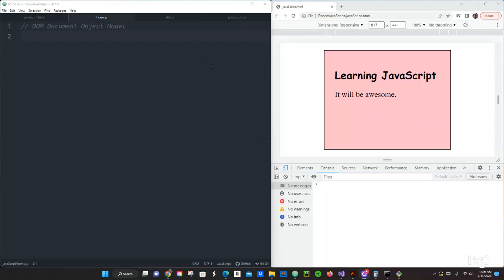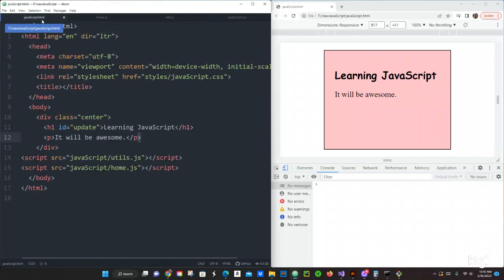So if we go to our HTML right here, we can see our H1, which has a start tag right here, and also it has our end tag with a forward slash. Same thing with the paragraph: a starting tag and an end tag and some content right here. Okay, now if we go to our